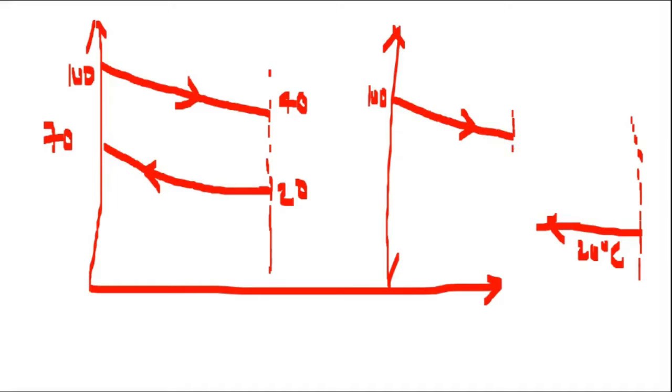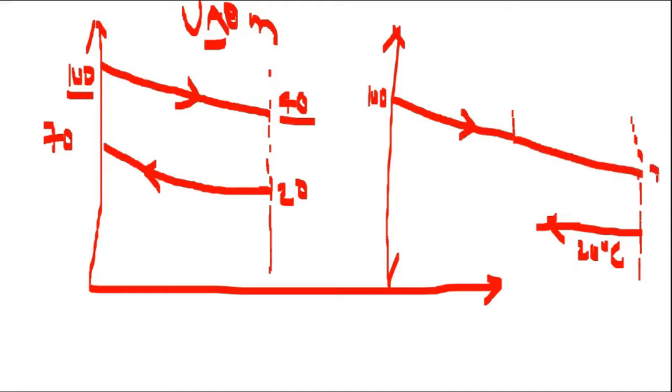Heat exchange rate is going to increase because Q is also given by UA multiplied by theta m. So if we are increasing the area value, definitely the rate of heat transfer is going to increase. If rate of heat transfer is increasing, this temperature difference is also going to increase. So the end temperature will be lower than 40 degrees Celsius. Say it is around 30 degrees Celsius on this side, or it can be 25 degrees Celsius on this side.